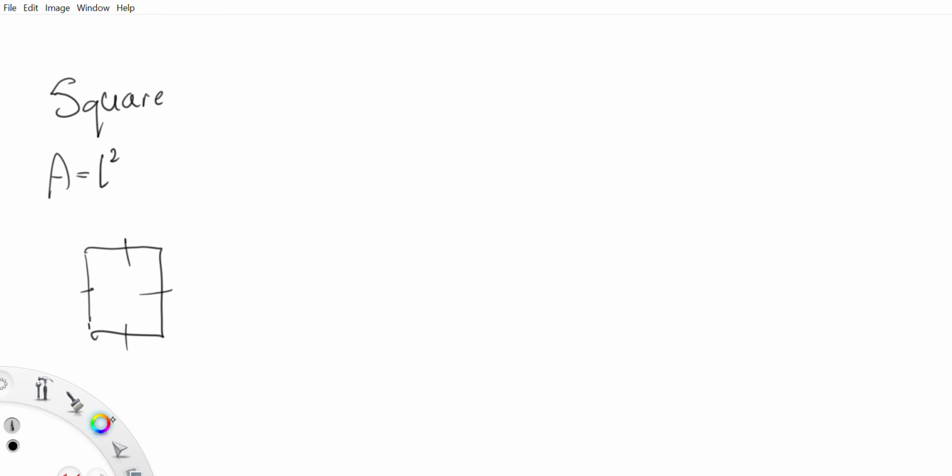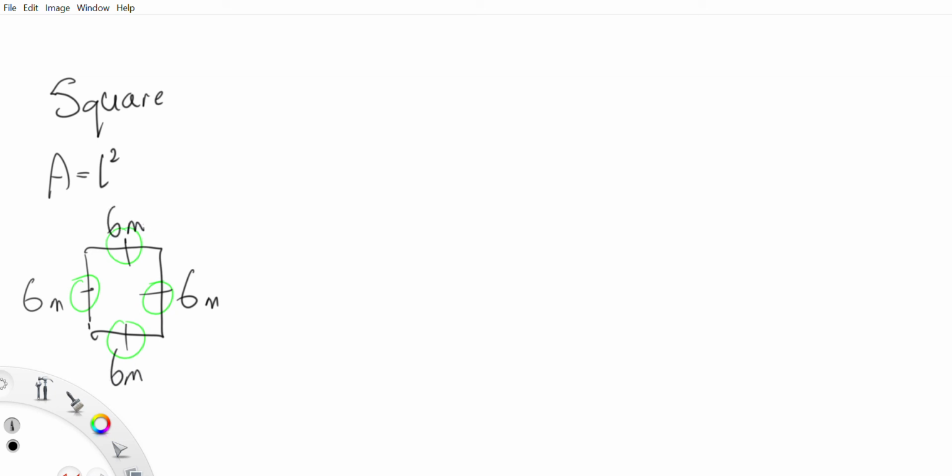I'm going to quickly show you a couple of formulas which are really important because we're going to be finding out the area of squares and rectangles. The formula we use for a square is area equals L squared. So if we had a square and all the sides were the same length, as you can see, these little dashes here signify that the length is all the same. And let's say that that was 6 metres. So if all the lengths were 6 metres,